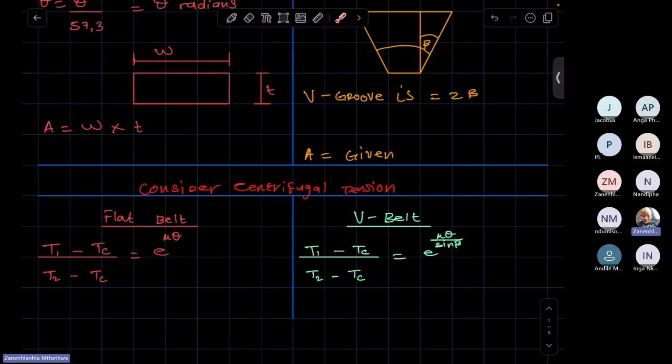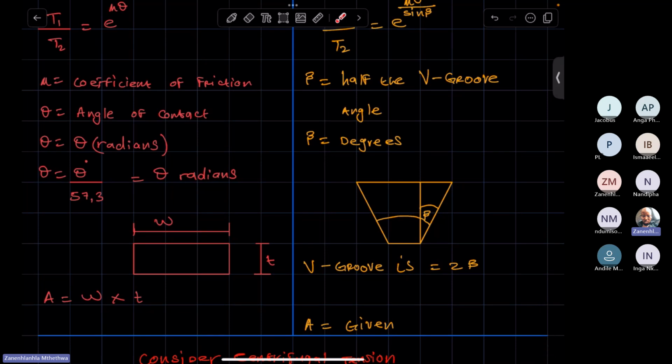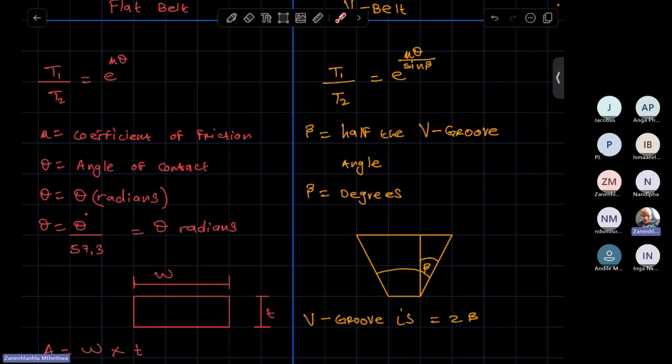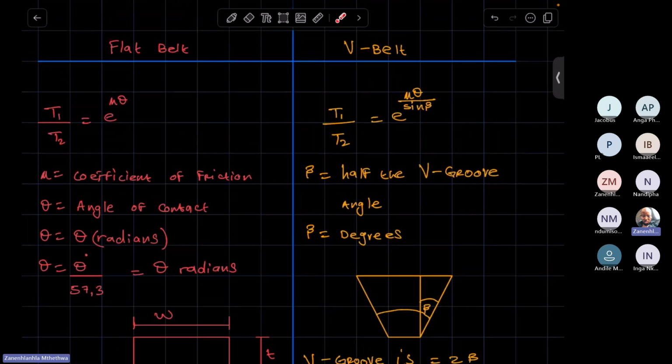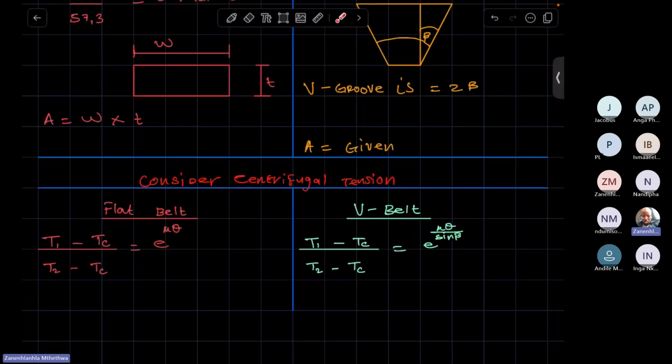So as far as tension ratios, your tension ratios depend on how many tensions we are going to consider in a problem. So if you're only considering the slack side and tight side, meaning you are not considering the centrifugal tension, then depending on if you're looking at a flat belt or V belt, these are the tension ratio formulas that you use. If you are considering centrifugal tension,